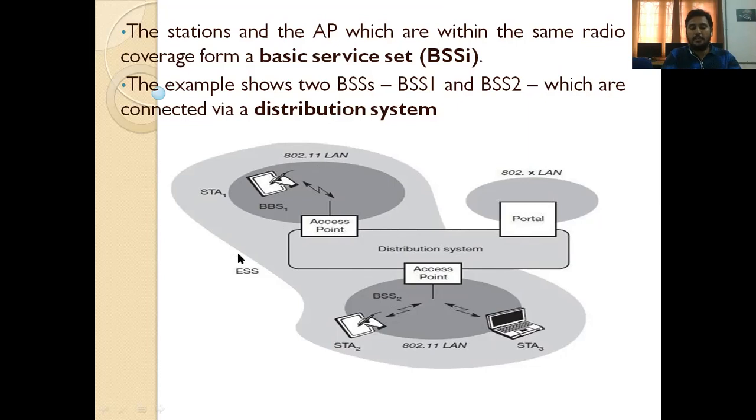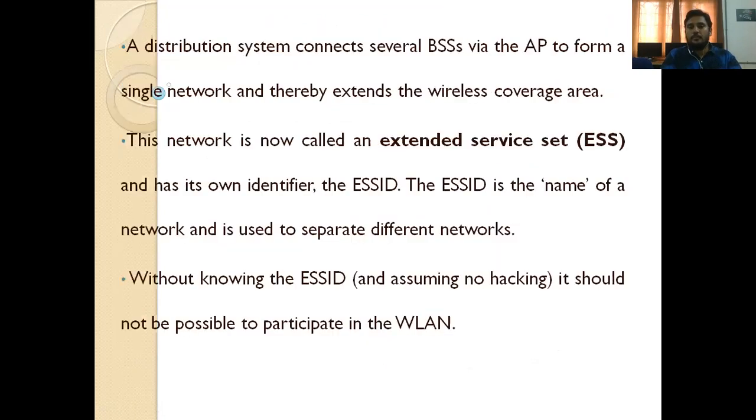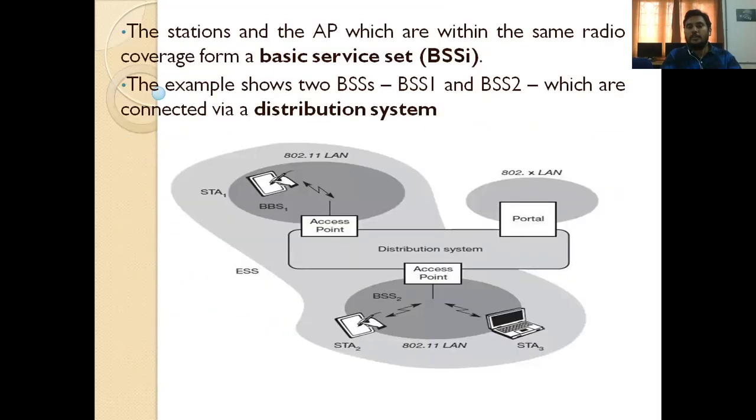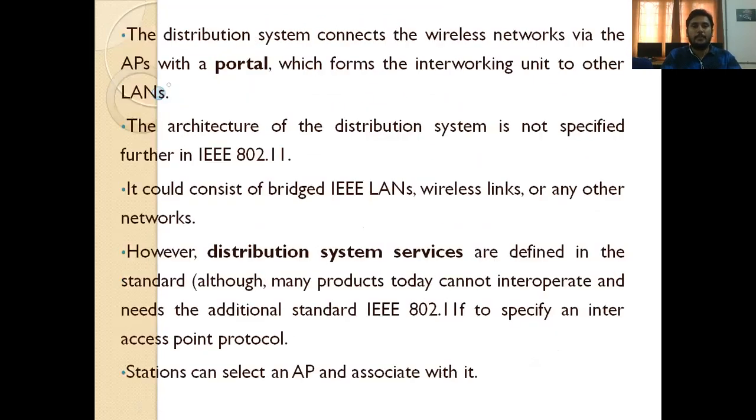So here in the IEEE 802.11 architecture, multiple stations are connected with access points, and access points are connected to a portal via a distributed system. Within the base station range, if stations are in the same base station range, there is no need for transmission through the access point, so they connect directly. But if a station is in the range of another base station, then the role of the access point will activate.